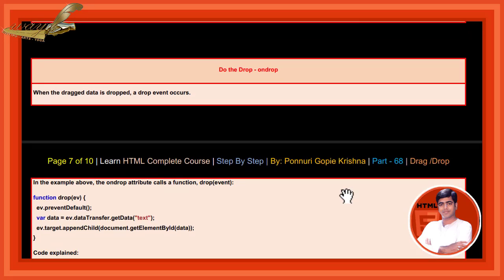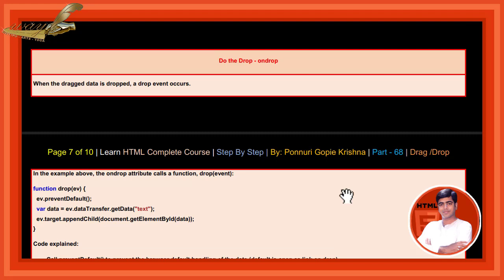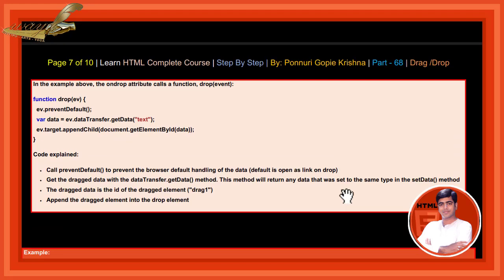Do the drop: onDrop. When the dragged data is dropped, a drop event occurs. In the example above, the onDrop attribute calls a function drop(event). function drop(ev) { ev.preventDefault(); var data = ev.dataTransfer.getData("text"); ev.target.appendChild(document.getElementById(data)); }